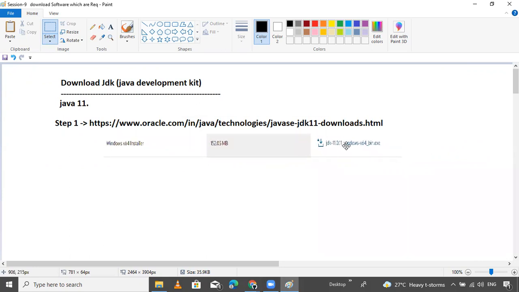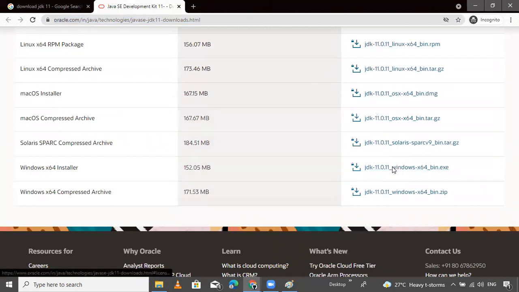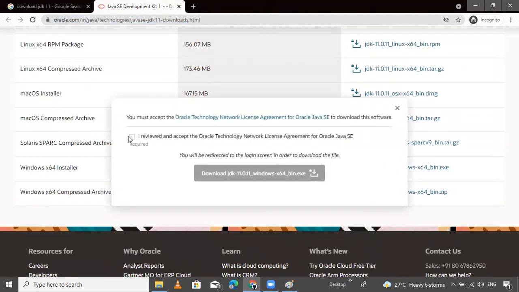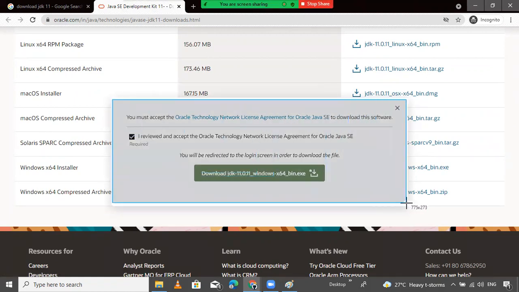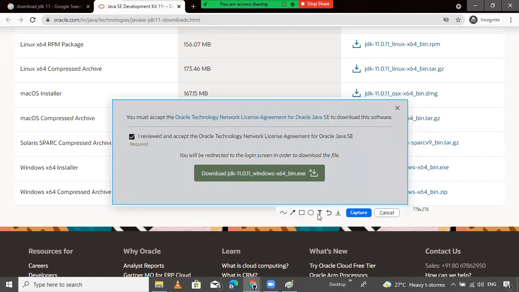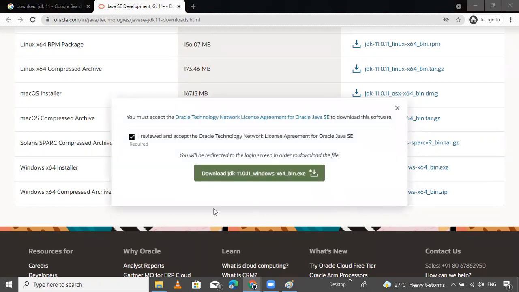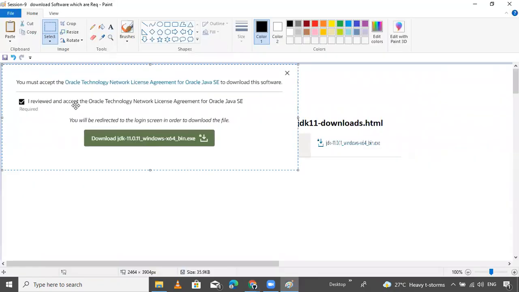Okay, you will get this. Then second, click here, and you will get this type of notification. Then check the box to accept the Oracle Technology Network license, that kind of dialog.